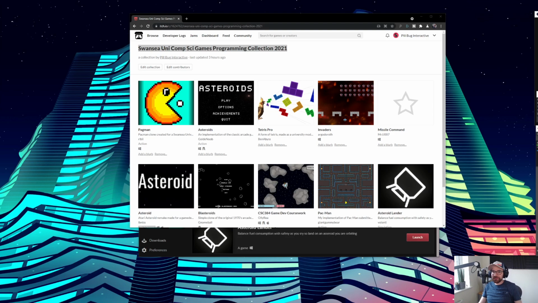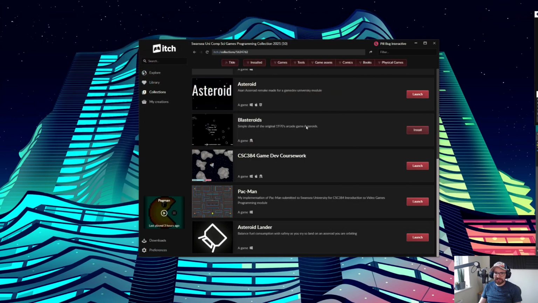Now, going through these, it's going to be a bit of a mess. These are going to be all in different resolutions and different things. Also, I'm going to start them muted, because I don't know where the music is from, just to make sure I don't get copyright struck by the music or anything. But let's dive in. Right, so I'm going to start with Asteroid Lander,